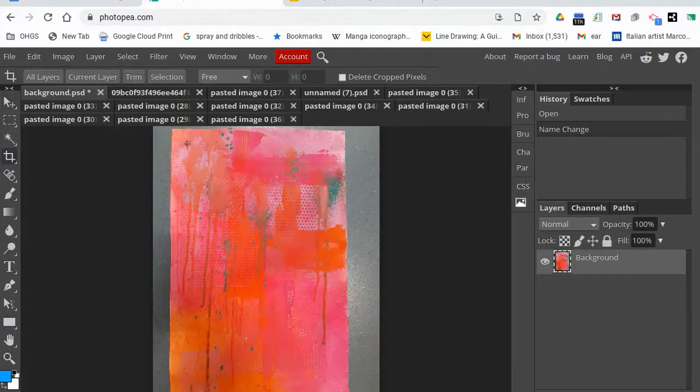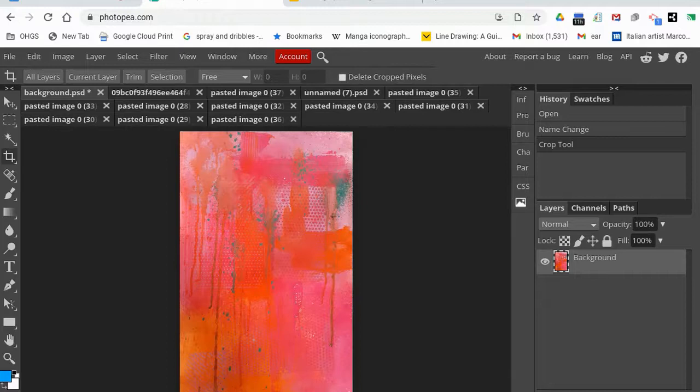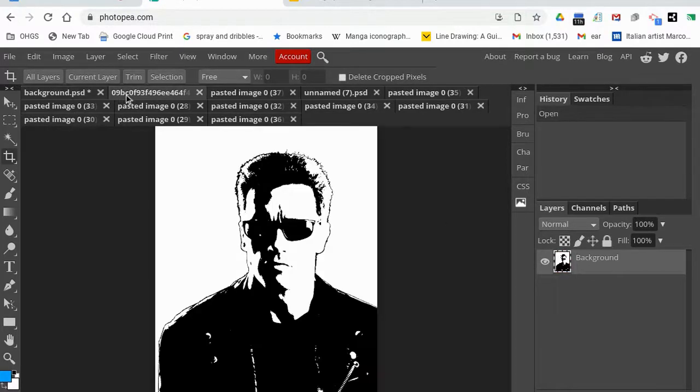I have here my background image. I'm just going to use the crop tool to remove the bit that I don't want. You draw a box around it, click the tick to say yes. This is on this layer over here. This here is my image of Arnie. I'm just going to use the magic wand to select the black, and then